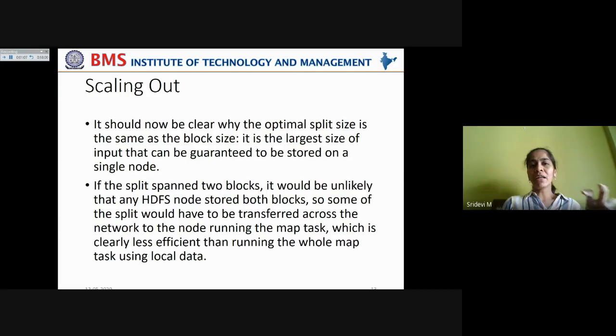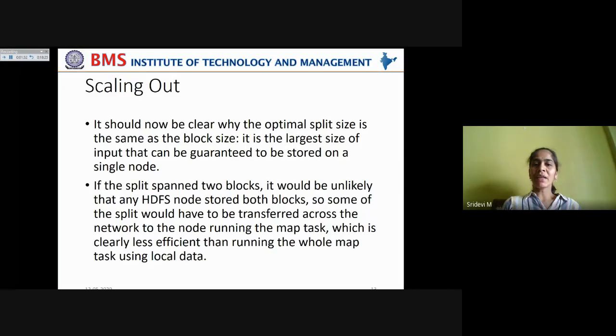So rather than running a map task on a single node which contains the entire block, if that block is divided onto two different data nodes, then HDFS has to run between two different data nodes in order to run the map task. This will be less efficient because bandwidth will be utilized unnecessarily.